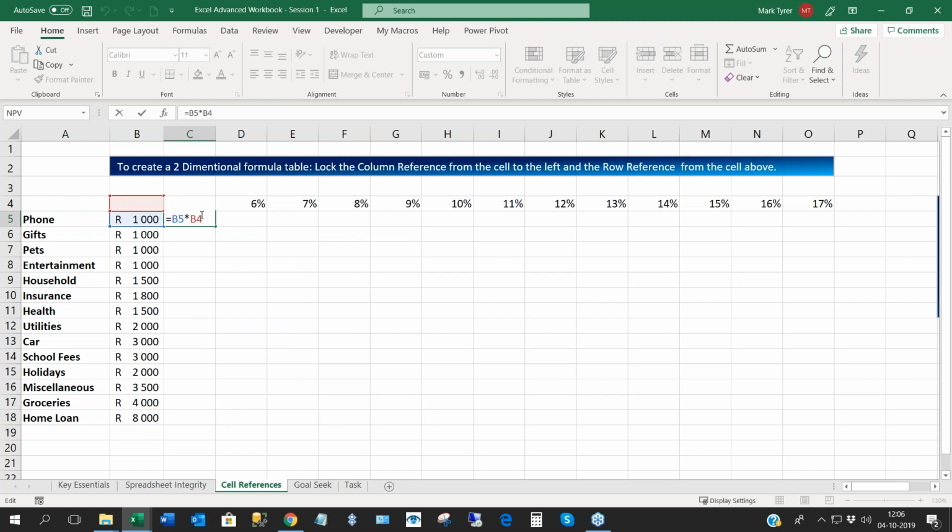Not B4. I'm in C4. My bad. I don't know why I got 0. Okay, so 5% of 1,000 is 50. But I'm wanting 1,050. I'm wanting to increase it. So to modify this formula, I need to multiply it by 1 plus that figure,